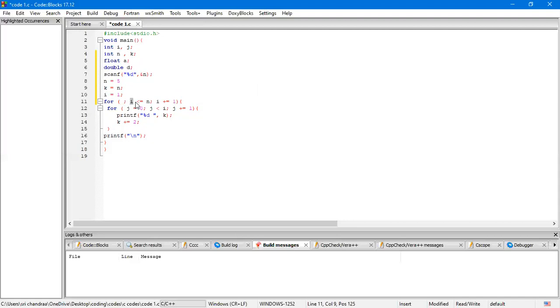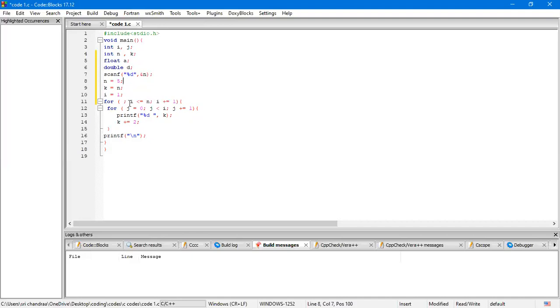Here, since i is 1, it is taken as 1. And since n is a variable which takes an input of 5, and 1 is less than 5, this whole code is executed. Once this code is executed, i is incremented by 1 and therefore i becomes 2.